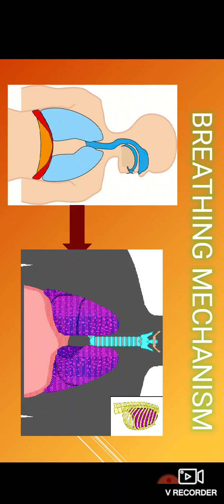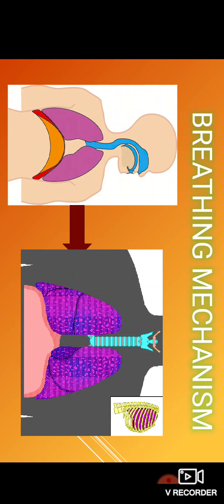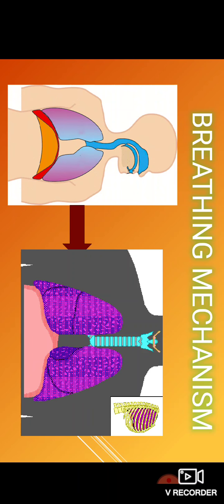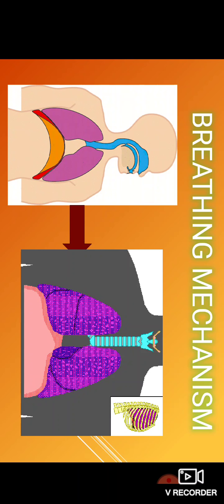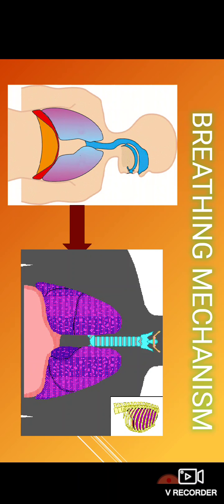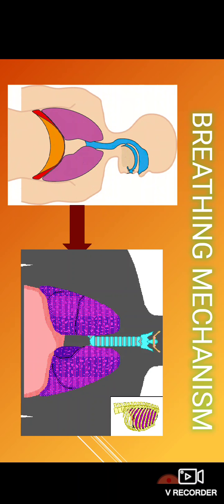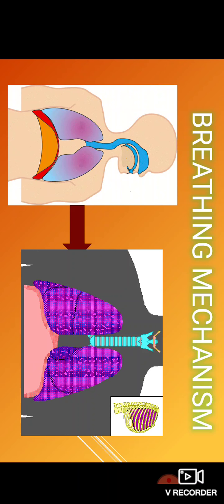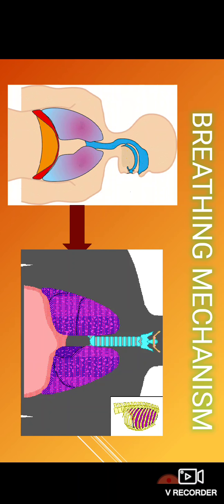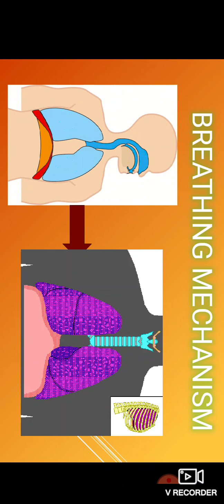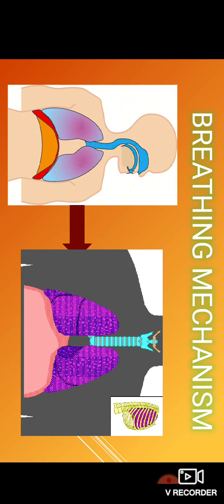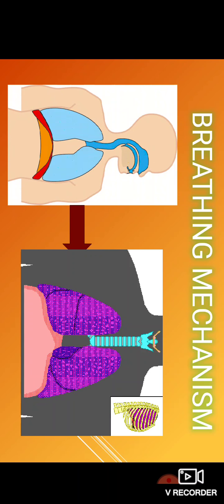You can see it here also in this diagram. When the diaphragm is moving upside and the rib muscles are moving inwards, the lungs become smaller, so they release the air to the outside, which is known as exhalation. When the diaphragm comes down to its position and the rib muscles come to their original position, then the lungs swell up and the oxygen is brought inside the lungs.